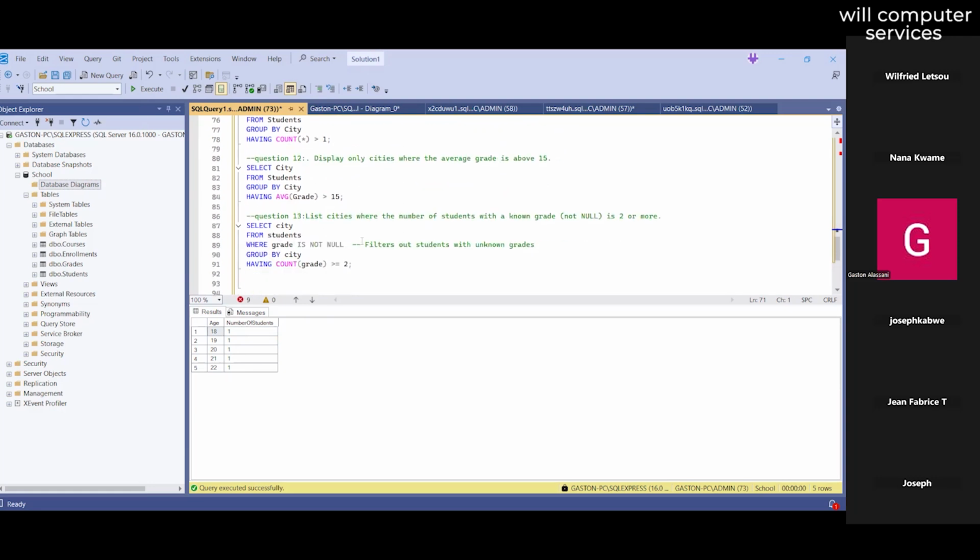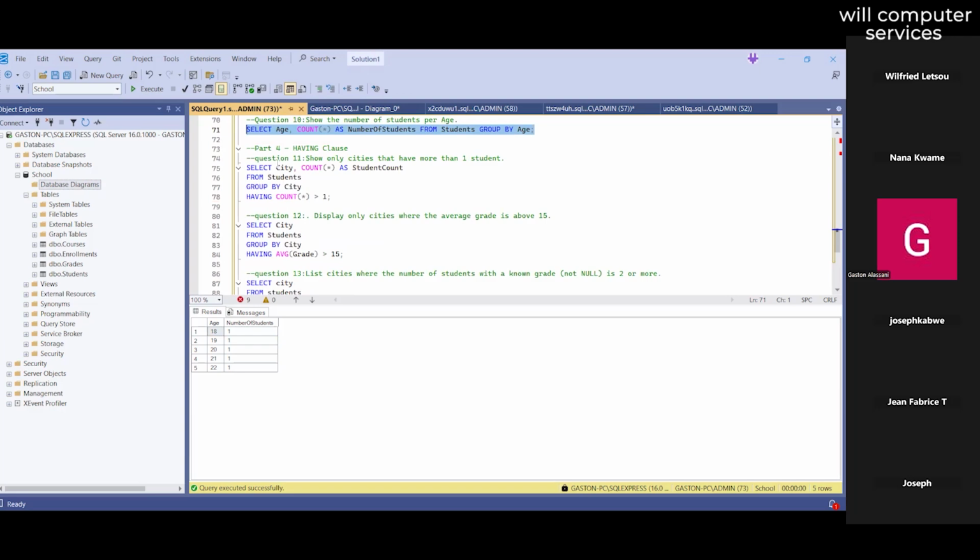So now we go to part four, which is concerning the having clause. So the question 11: show only cities that have more than one student. So here, the way you manage it, you select city, the count star as student count from student, you group by city, and you add the having clause, having count star greater than one. If we compute it,